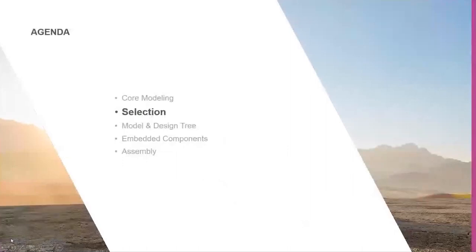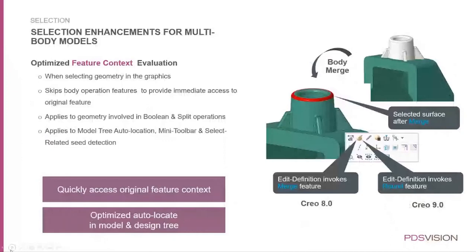Then a new topic after this core modeling scheme. Then we go for selection. What's new in there? Since we now have multi-bodies, which came with Creo 7, sometimes it's a bit challenging trying